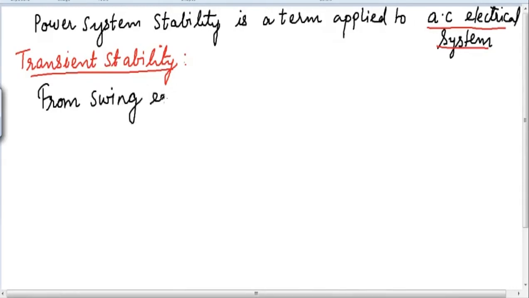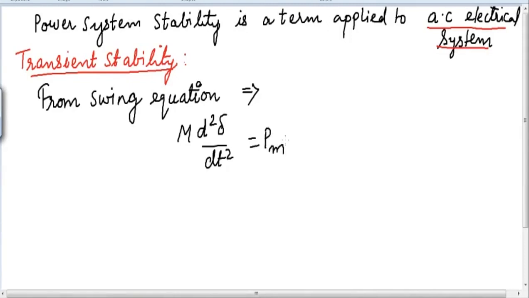So this equation we have already derived in the 7th semester electrical power system 2. So please refer to it from there. So from the swing equation, what do we have? From the swing equation, we have M d square delta by dt square is equal to Pm minus Pe, that is equal to Pa, where